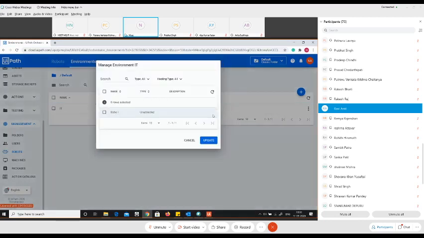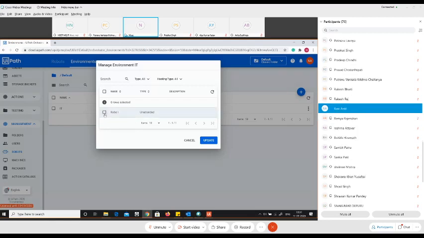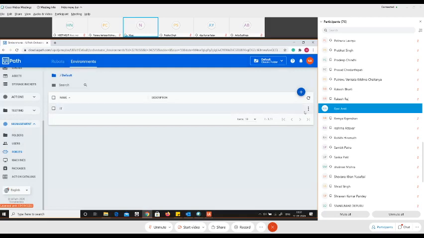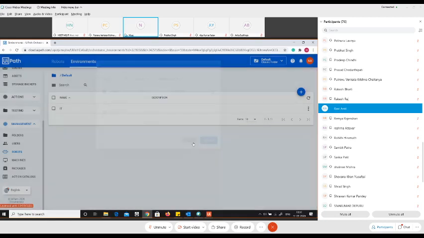Now, when you create an environment, the environment tab will prompt you with a screen wherein it will say, now that you've created an environment, tell me which robots you want to run in this environment. In our case, we have only one robot created, right? So we'll choose this robot and say add this to this environment. Awesome, it's added. You can also verify: click on the vertical ellipsis icon and click on manage, and here you can see that this robot is added to the environment. Perfect. So our setup over here is completely done.